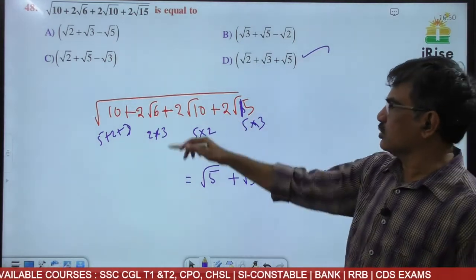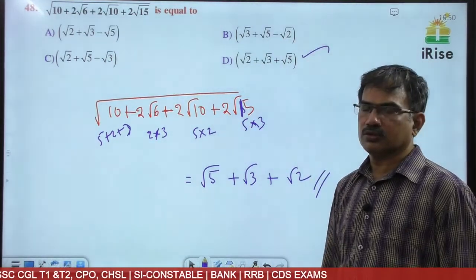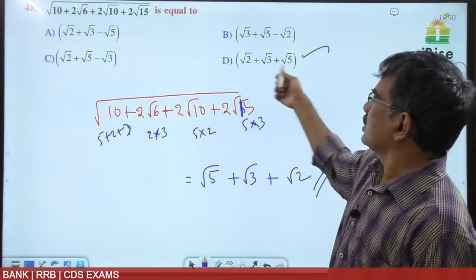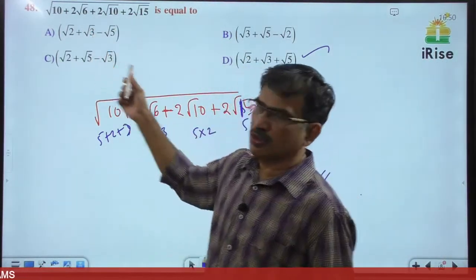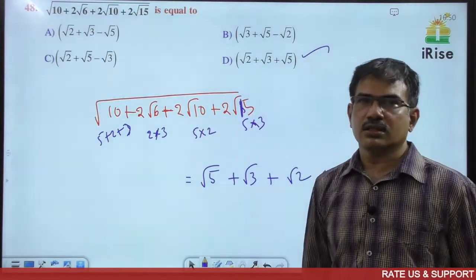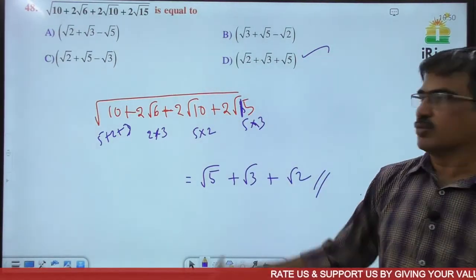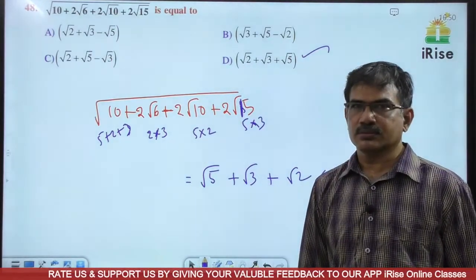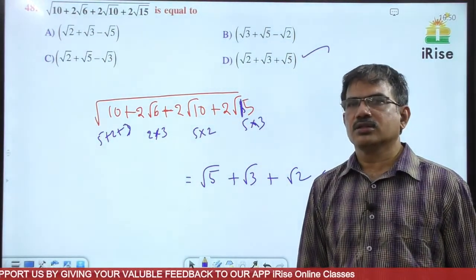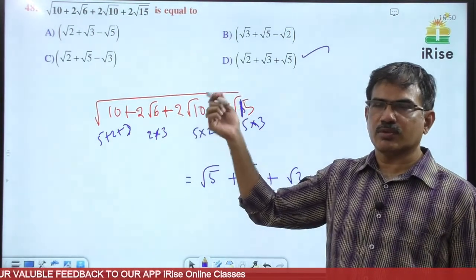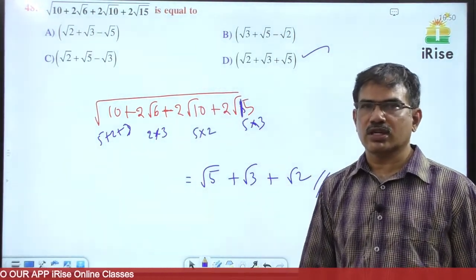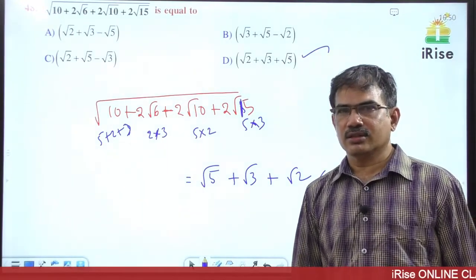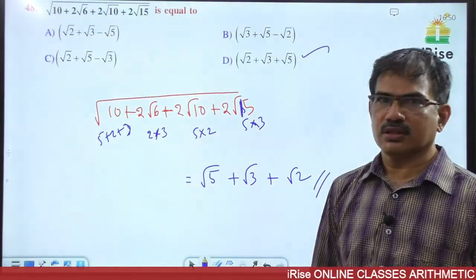Actually, this question also not necessary to solve because only one option is having positive. Here all are positive, so the three rational numbers or irrational numbers must be positive. So this is the only one option. Okay. So sometimes this type of questions will be very easy. Without solving the questions, we can get the answers directly. Right? Shall I go to next question? Yeah.